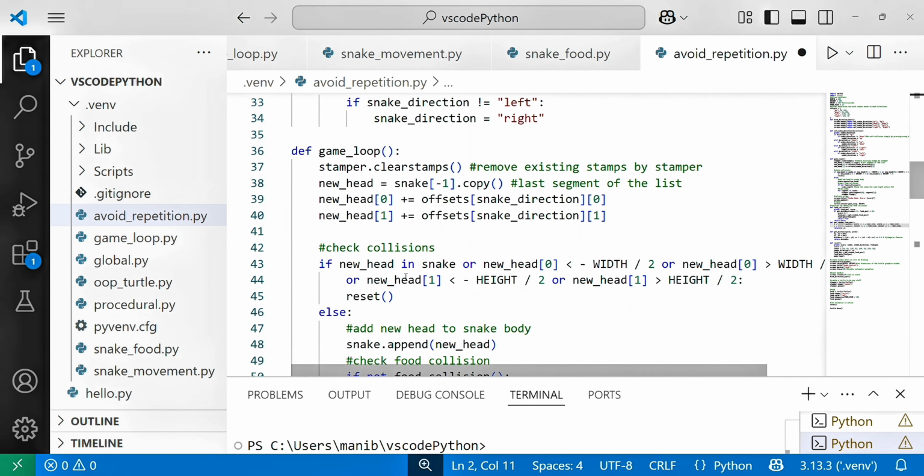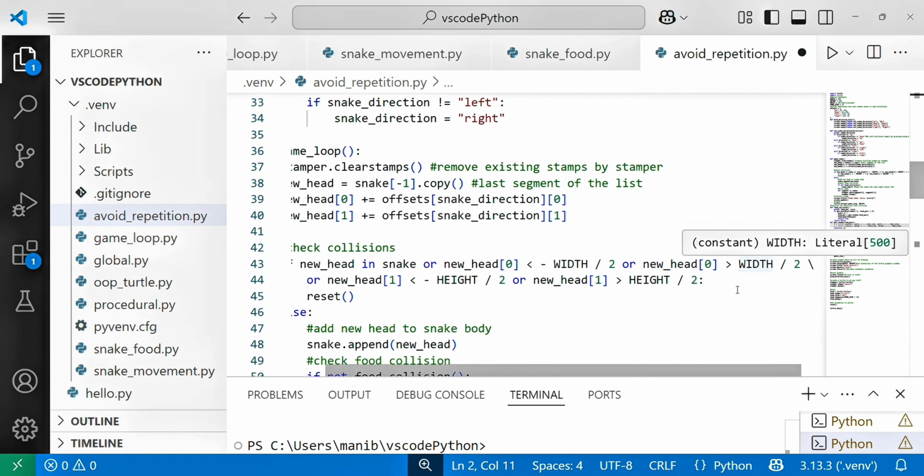So that's why I have written here: if new head is in snake, or new head of 0 is less than minus width by 2, or new head of 0 is greater than width by 2, or new head of 1 is less than minus height by 2, or new head of 1 is greater than height by 2. So I have taken minus width by 2 and plus width by 2 for x, and minus height by 2 and height by 2 for y.